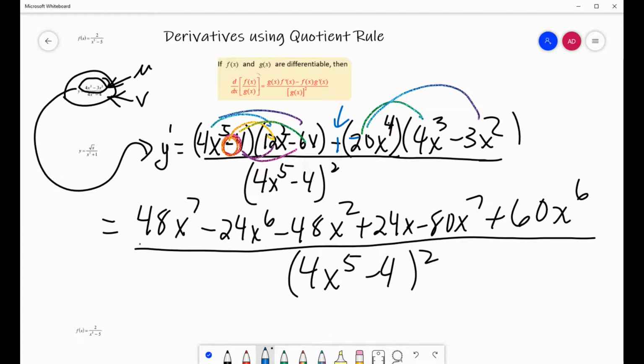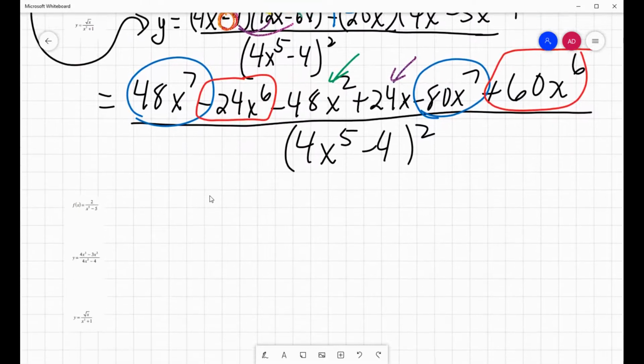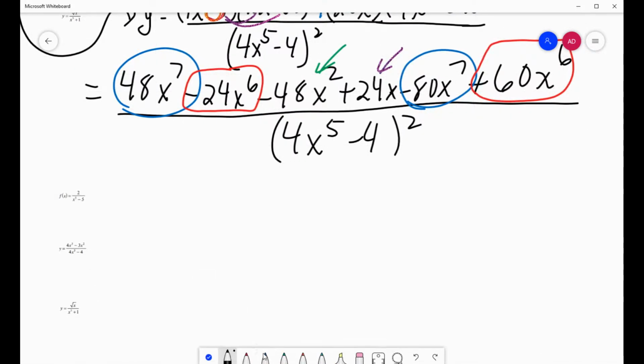All right, now let's clean up a little bit, right? You have an x to the 7th and an x to the 7th, so you can definitely combine those. And you have a negative 24x to the 6th and a positive 60x to the 6th. See how I'm color coding. This one's a standalone one, and this one's a standalone one, okay? So when you go and combine all these, a positive 48 and a negative 80, I'm pretty sure,